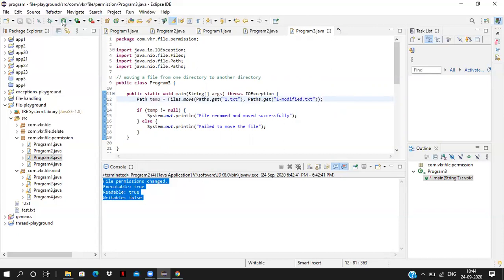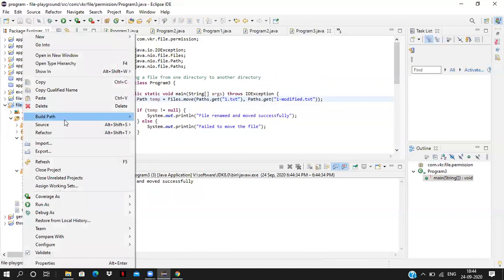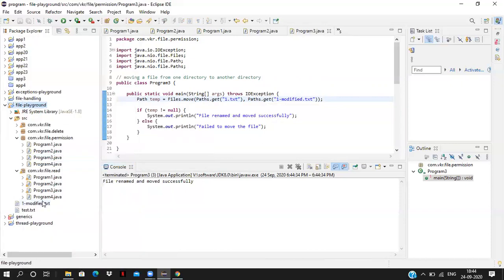So now I am doing it in the same class. Whatever 1.txt, it is converted into 1.modified.txt. See, it's moved to a new file. Moving to a new file means it's created a new file here. What it is doing internally is it is just going to delete the file and create the new file in a different location. This is the first path, this is the second path. This is very simple, Files.move. Handling files means using the classes and methods of the file in the java.io package and java.nio package.